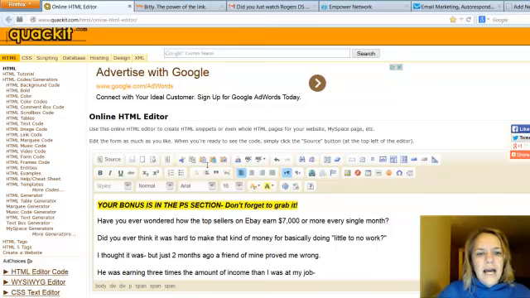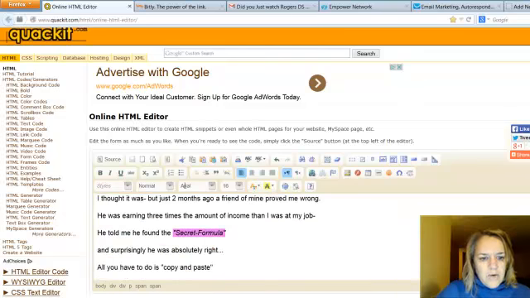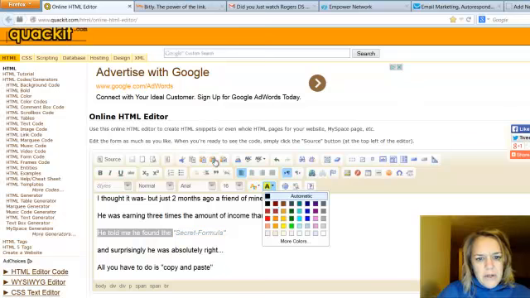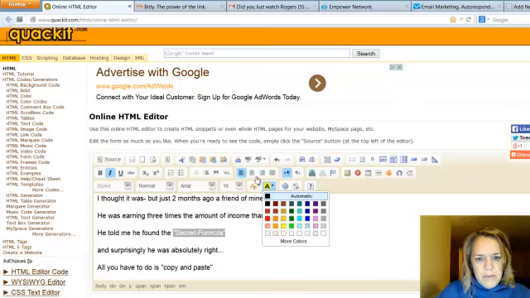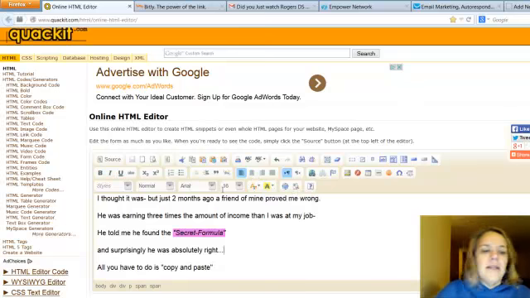So you can highlight. And this is pretty much normal stuff that you're used to if you use Microsoft Word. So for here, if I didn't want that to be highlighted, then I would go up here and do automatic, so it's not highlighted anymore. But I'll just put it back how it was. Okay, and then